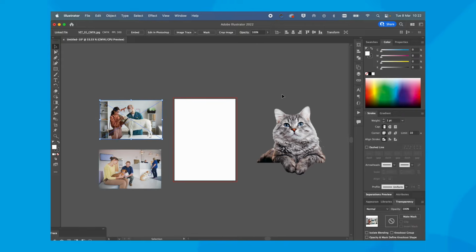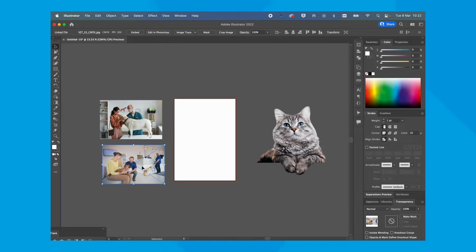And by the way, this is why I love Illustrator so much. It's so much quicker, and you get to see all your elements that need to go on the page all at once, and it kind of helps you visualize things a lot quicker. I'm going to go ahead and get everything else in here now, and I'll come back once I've done that.